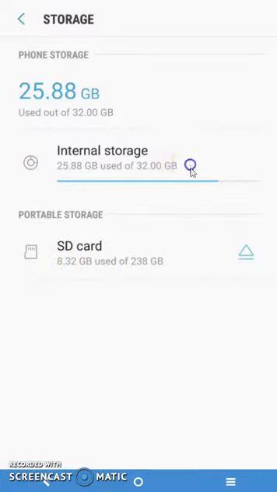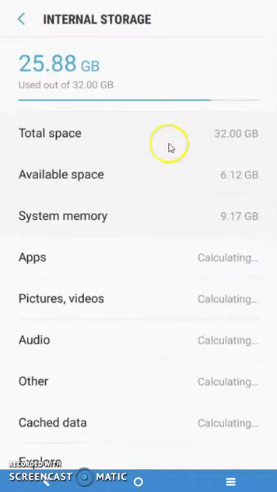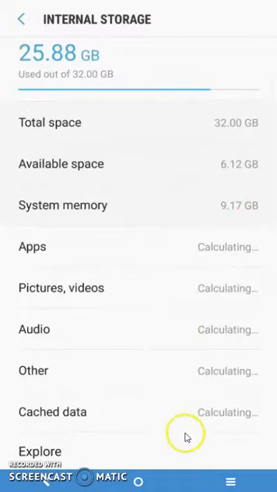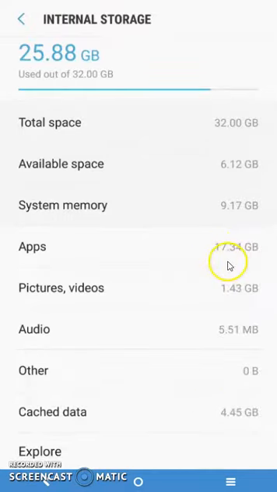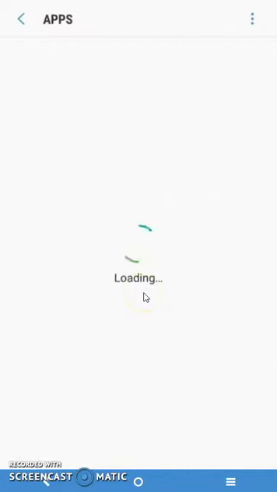So if I go ahead and click on internal storage here, it shows me relatively the same thing and a few more specifics. So it shows the available space that I have left, and also the system memory. There's also these subcategories here that are pre-generated by the actual device itself. So once this finishes calculating, it'll show you an exact amount of storage being taken up by each category. So in this case, applications are taking up 17.34 gigabytes on my phone. So if I go ahead and click into this, once it loads,